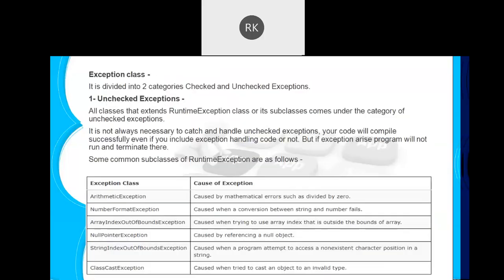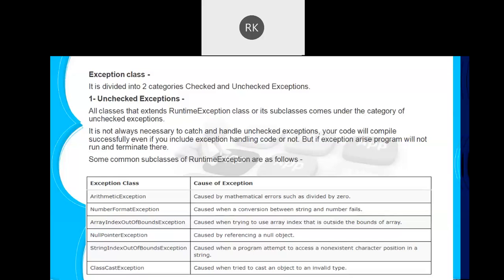So, okay, let's start with the unchecked one. What does it mean by unchecked exception? As the name indicates, unchecked. These are the type of exceptions that your code may generate, and if the exception occurs in your code, you will have a choice whether you want to handle them or not. That is totally up to you. Your program will compile and run without any error, until an exception actually occurs. If there is an exception, your code will obviously be terminated there, and you will be shown an exception.